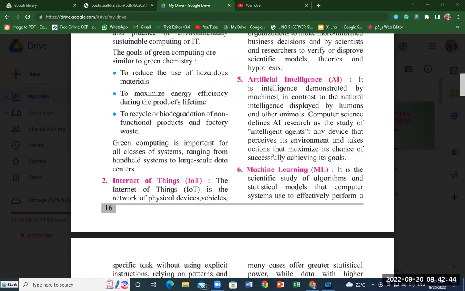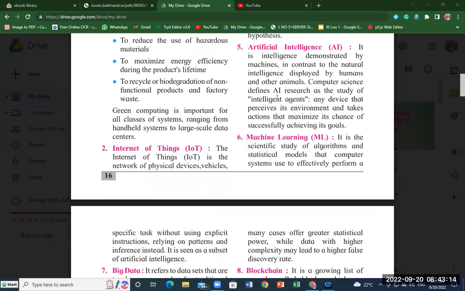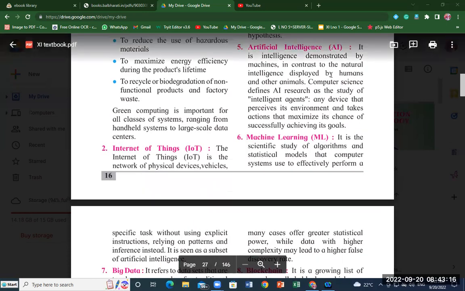I have given it the intelligence that it should understand how many clothes are there, what is the weight, how much water and how much Nirma powder should be used, and how much time it should take. Afterwards, there's no need for me to check anything. It will wash, drain, dry, and then give me a buzzer that everything is done. Correct? So this is intelligence given to that particular machine, in contrast to the natural intelligence displayed by